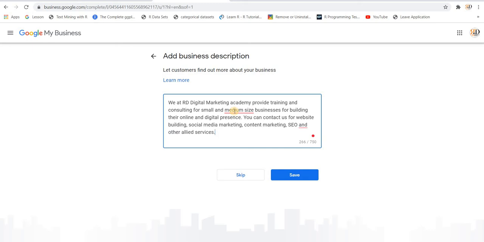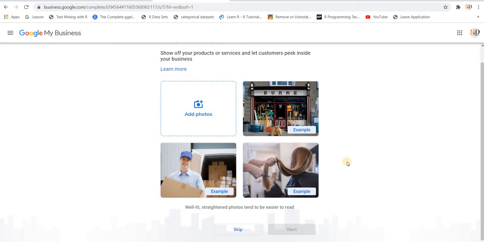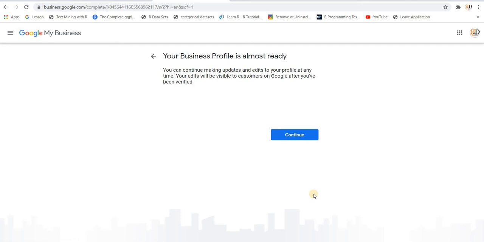Right? So this is the description I filled. Now I can save it. I can still improve it. Now I save it. See, I'm taking you through the entire thing so that it becomes easy for you to fill up things. Right now I don't have any pictures, so I would skip this step. But it's very important that you have great pictures listed over here, because pictures would definitely attract your customers.